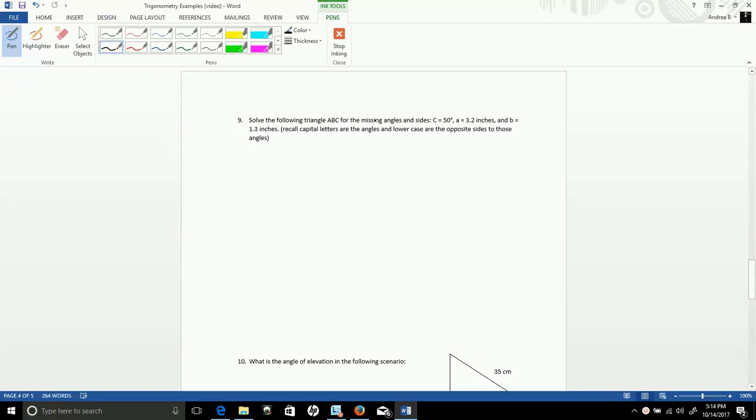Alright, for the next part here, we're starting with number 9. We're going to solve the following triangle ABC for the missing angles and sides. So first of all, we're going to want to sketch out some sort of triangle. And in this case, we don't know if it's a right triangle or not because we don't have any